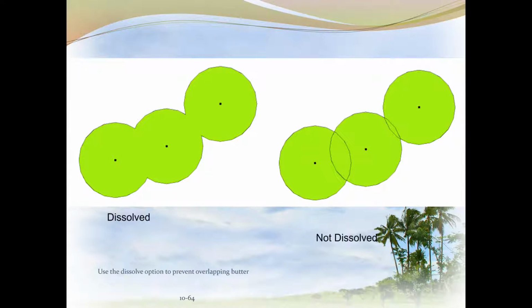So, a buffer is constructed to delineate areas that fall within a certain distance of a set of features. Buffers can be created for points, lines, or polygons. They could be used to find 300-yard drug-free zones around schools